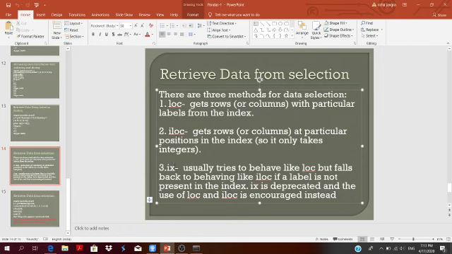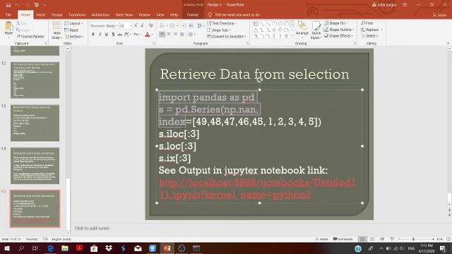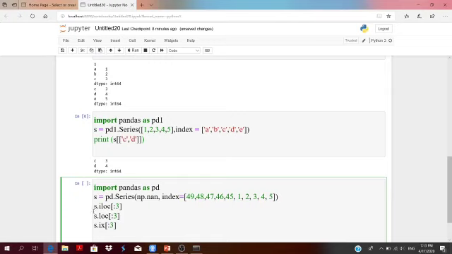IX usually retrieves rows and columns by using labels if index values have been given, otherwise it will behave like ILOC. So let us take an example of how these three functions work.